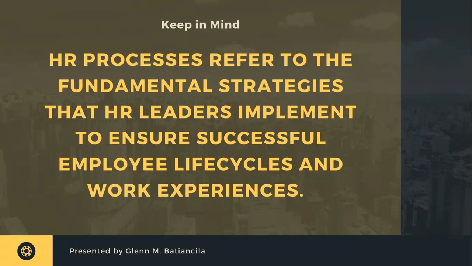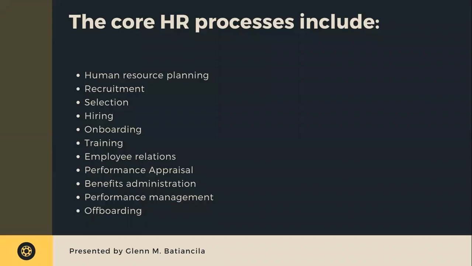It's a logical and systematic approach wherein it has to undergo a series of steps, from step one up to the last step. The core of the HR process includes human resource planning, recruitment, selection, hiring, onboarding, training, employee relations, performance appraisal, benefits administration, performance management, and offboarding. So all of this core